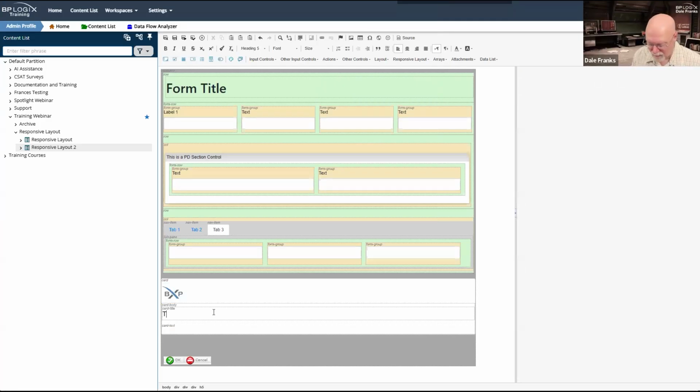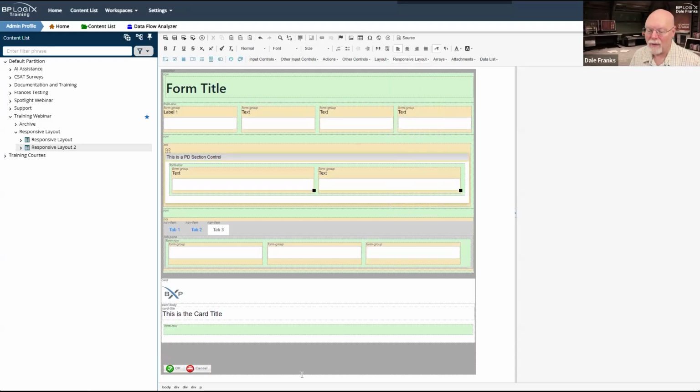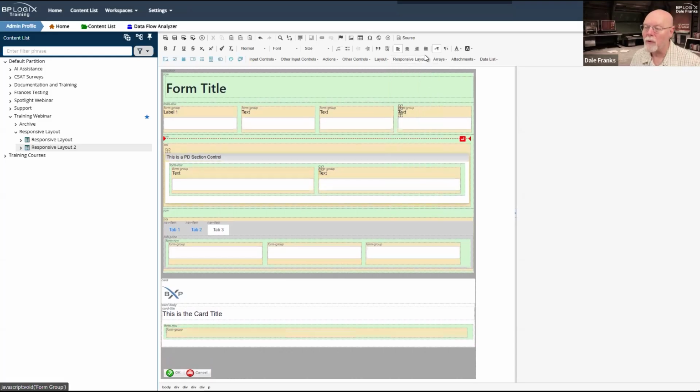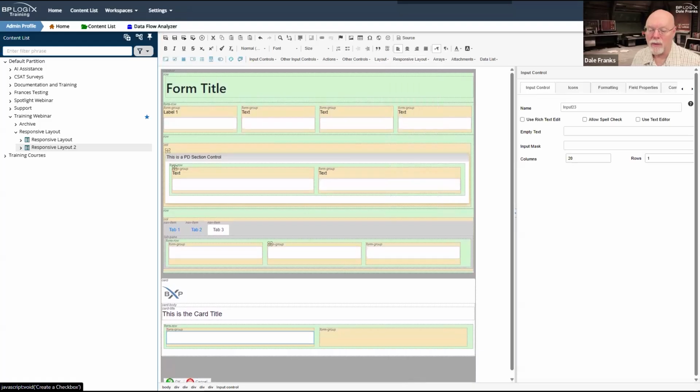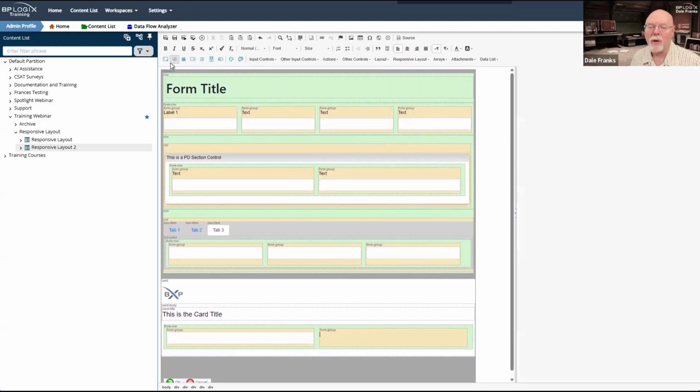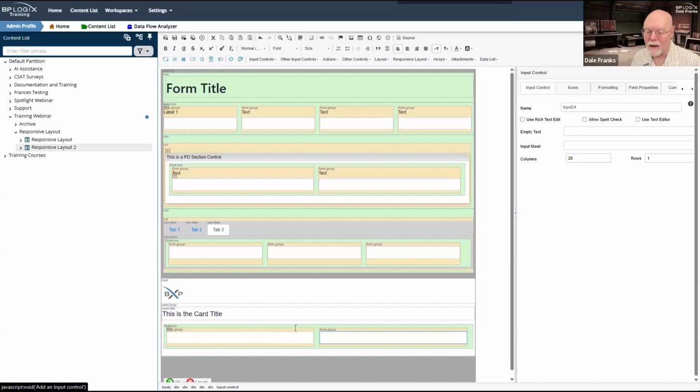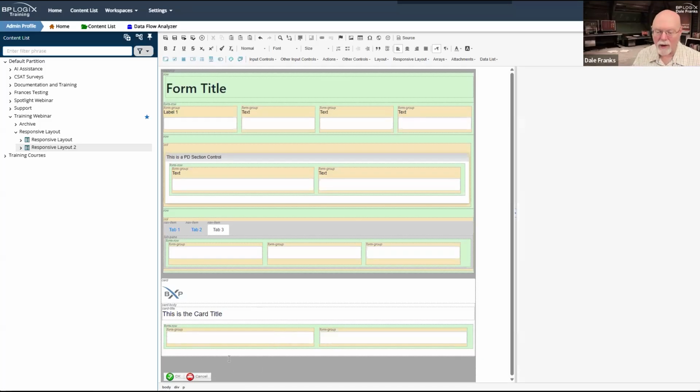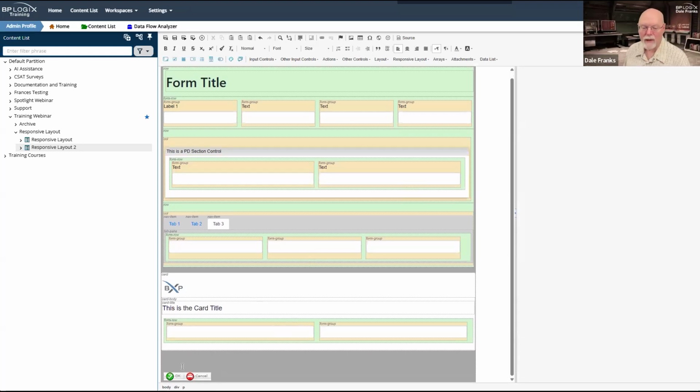And then on my card title, this is the card title. And for the card text, well, we're not going to have text because we can go ahead and drop in a form row in there. And inside the form row, we can drop in a couple of form groups. And then inside each form group, we can just drop in a form control. All right, so let's go back in here. I do actually want to have that accordion control.